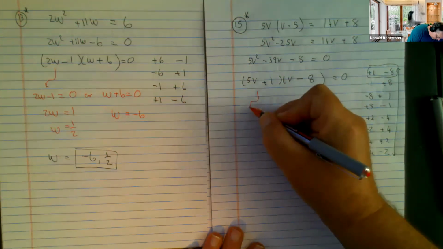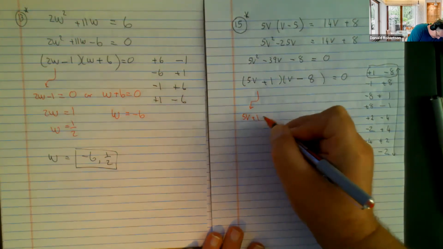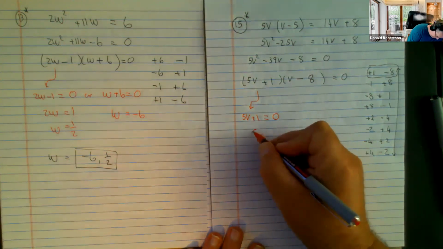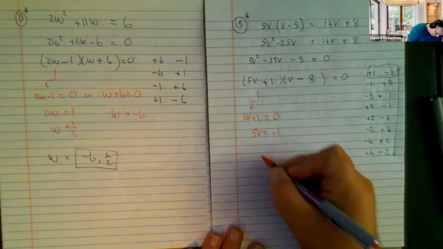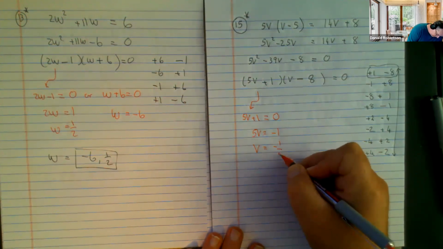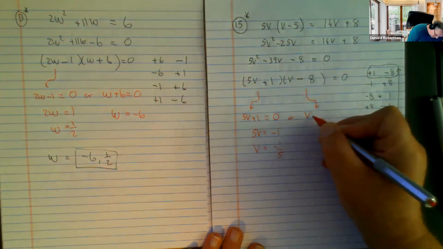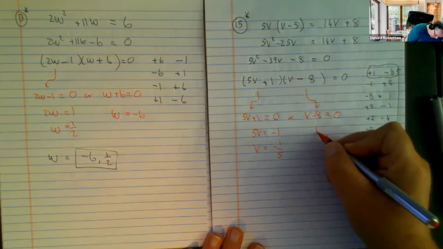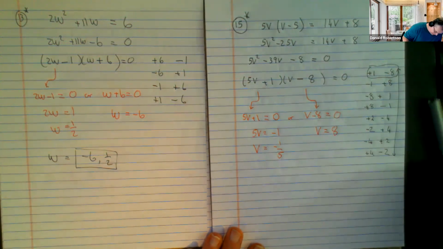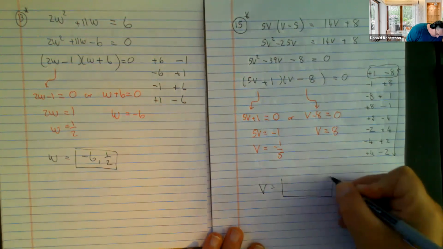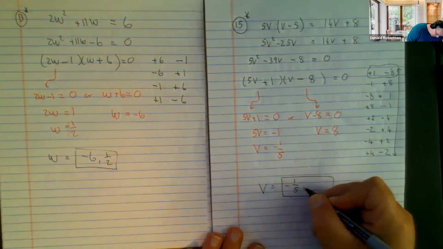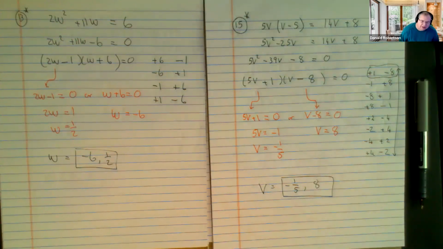Well, you take each piece, each factor, and you say, okay, that should be 0. Subtract 1 from both sides. Divide by 5, there's one of your solutions. You take your second factor, and you make it 0. And the value of v that makes that happen is 8. And so your 2 solutions would be -1/5, 8. And that is pretty much us covered the main techniques for solving a quadratic equation by essentially factoring, algebraically